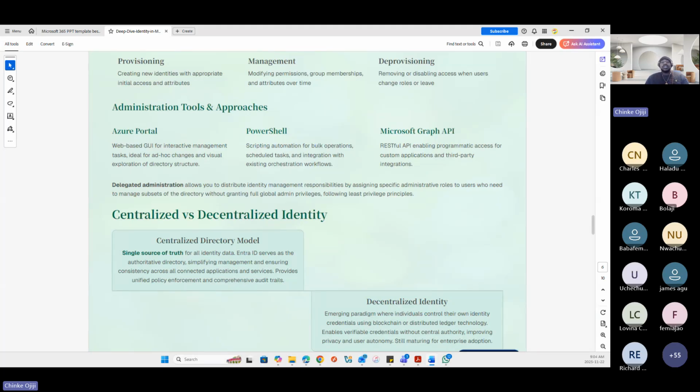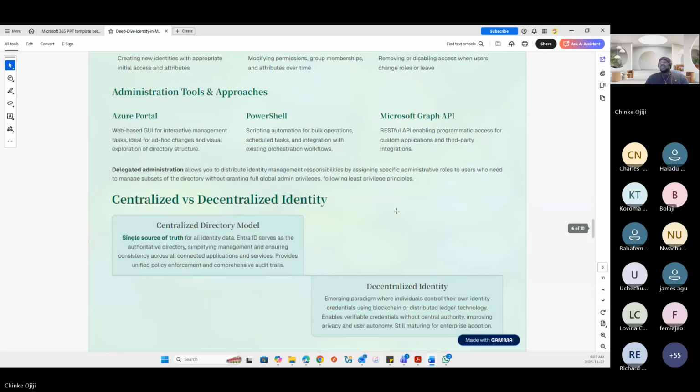But some organizations leverage decentralized identity where users control their own credentials to access resources, right? It doesn't give a centralized platform, a centralized model for you to manage these users, right? They are managed without having that central, and it gives the users more autonomy. Like it allows them to determine certain verifiable things about their own user account.